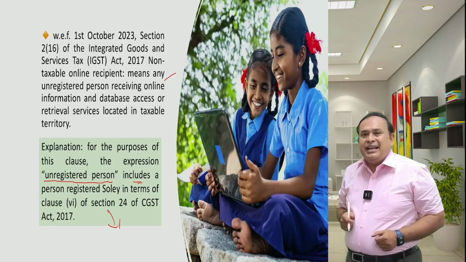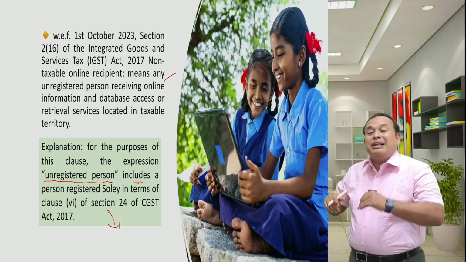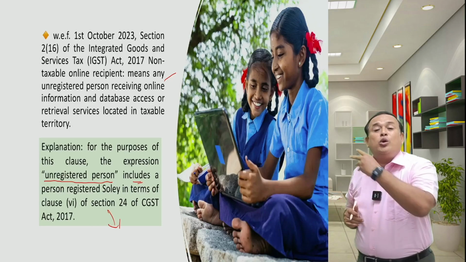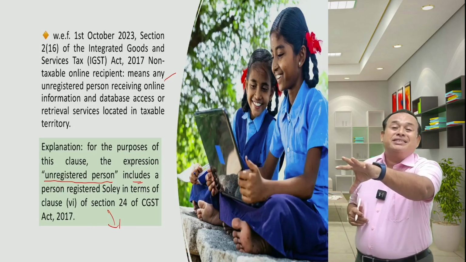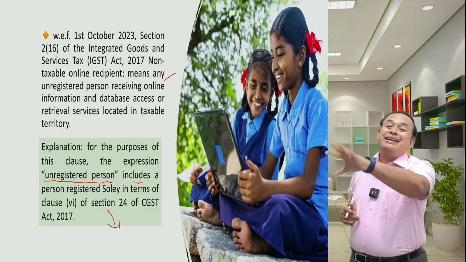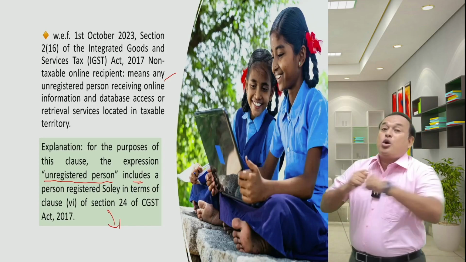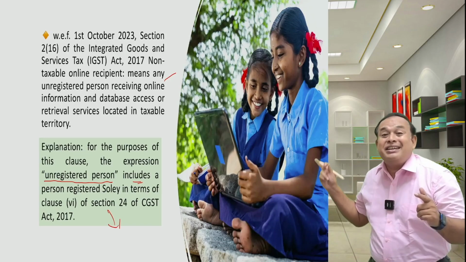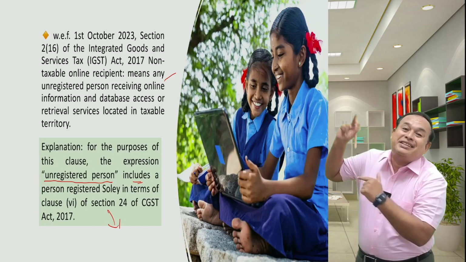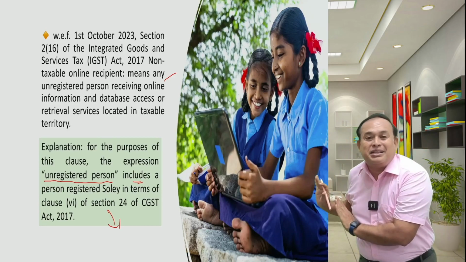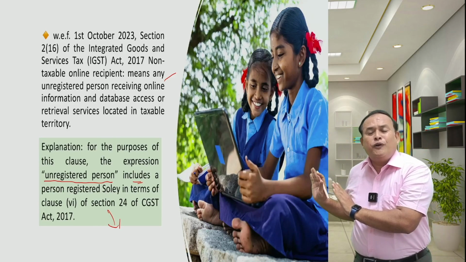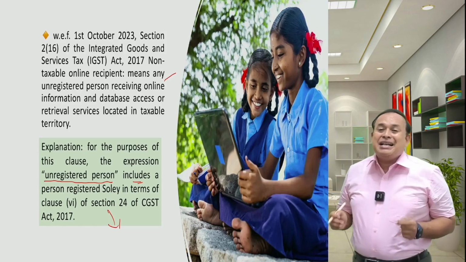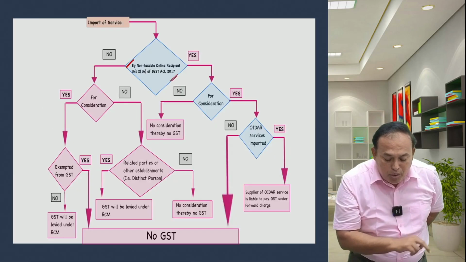If that is the case, that government department, that government agency, that central government or state government department or the local authority who got registered with GST law only to pay the TDS, they also will be called unregistered persons, though they are holding a GST registration as a TDS deductor. Only the TDS deductor registration they have, therefore they are also called unregistered persons. As a result, now come back to import of services